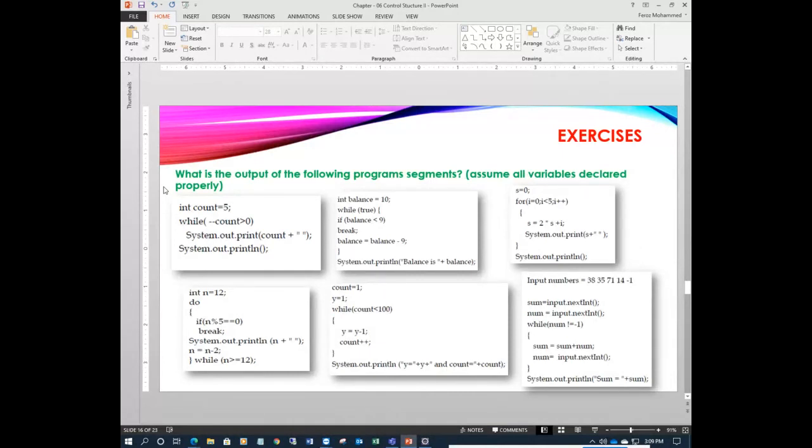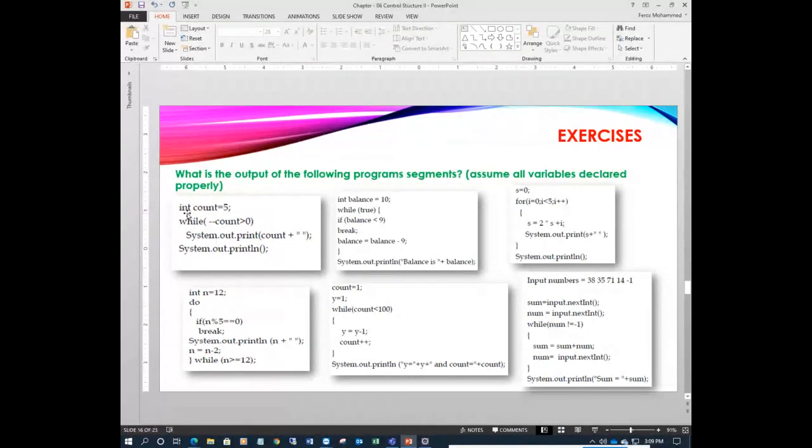Right? So the remaining part is some exercises, so we have to do the exercises. I will do a few exercises, then we'll go to the task. I just explain the exercises, I will not do anything. This is your task, you have to do by yourself, right? I just explain these exercises and you just know what will be the output of this one, right? But I can simply write it here.